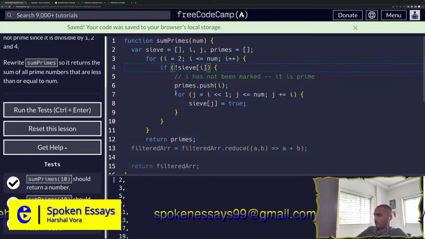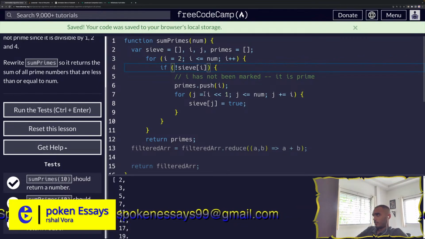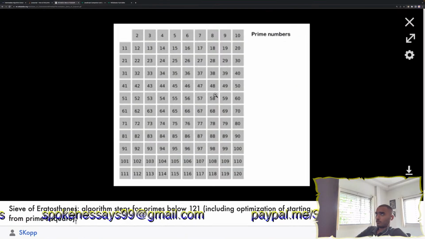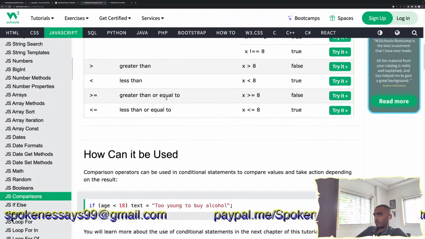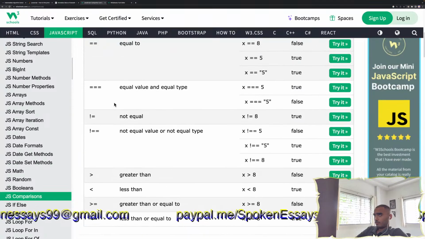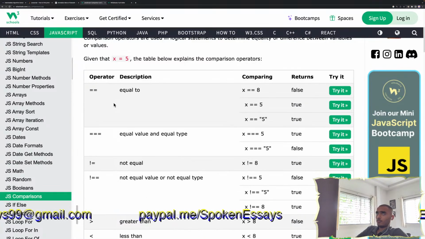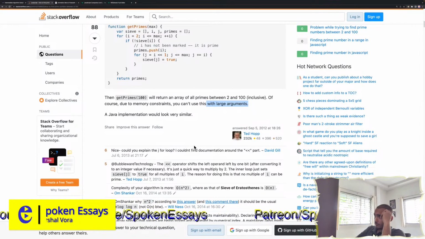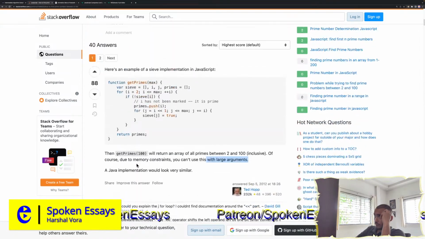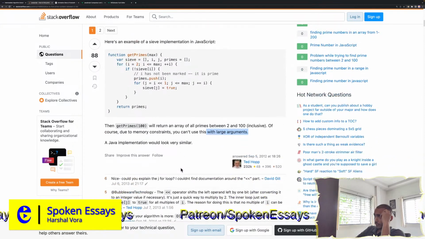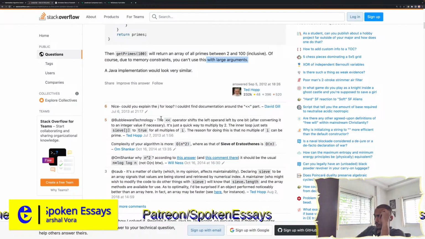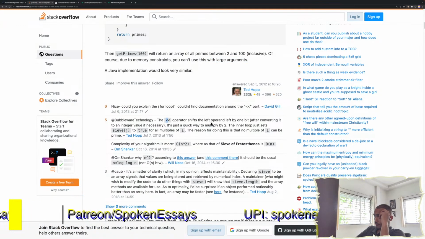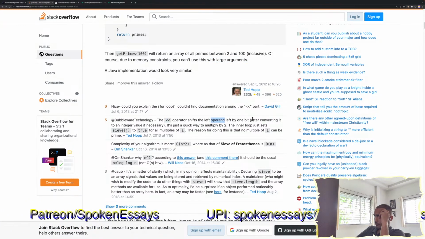Wait. What does this do? For j equals I. Okay, another operator. I have to read that in the JavaScript documentation. This operator shifts the left operand left by 1 bit after